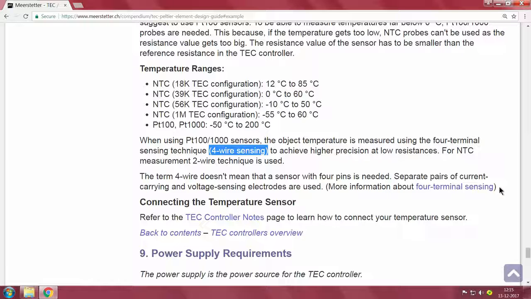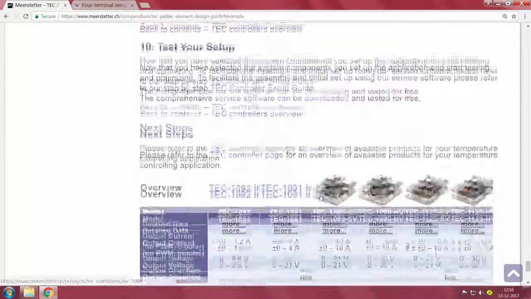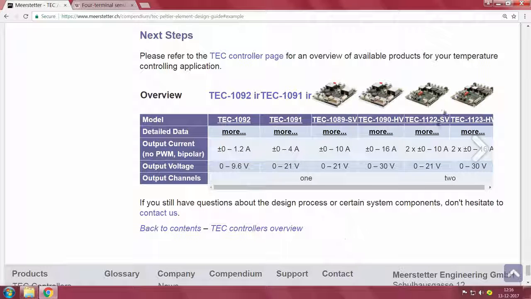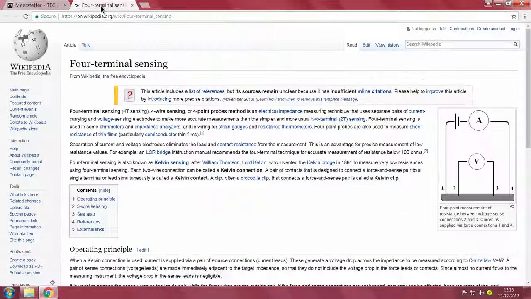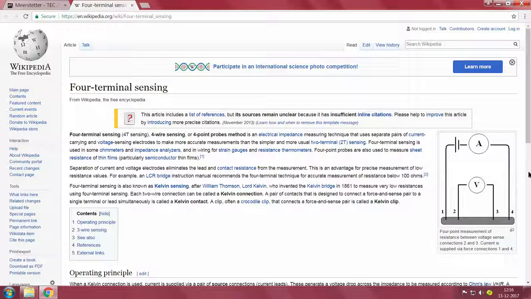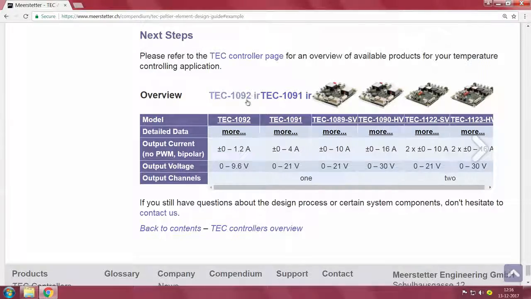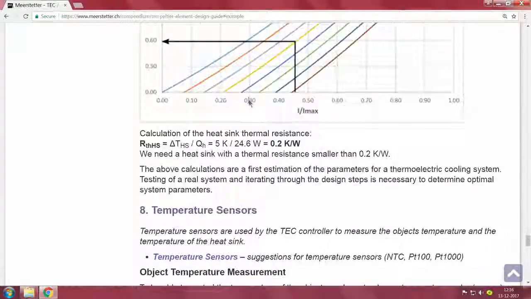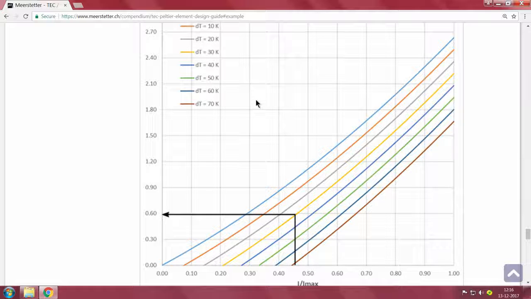If I click on it now, I will see whether I can open it in a new tab, let it keep opening at the back. Then we have power supply, and then you see we have all these things here. At this point, you see here a little about the 4 wire sensing is used, meaning what is the actual current and what is the voltage across. I suggest, since you are electronics engineers, you need to probably read it up yourself. So far there is only a simple worked example which is taken from here.